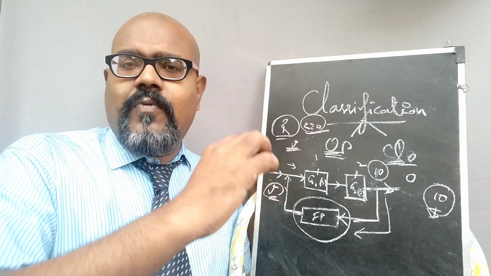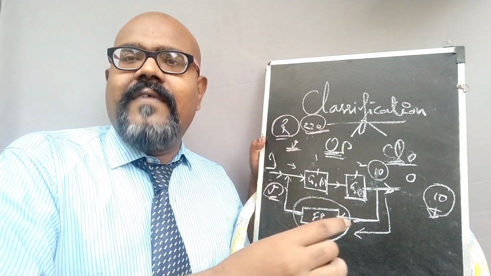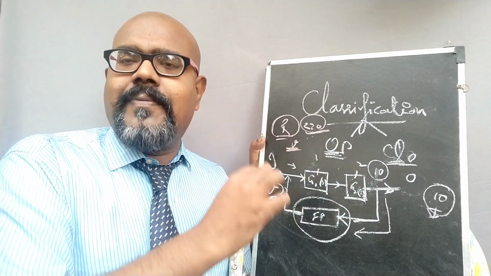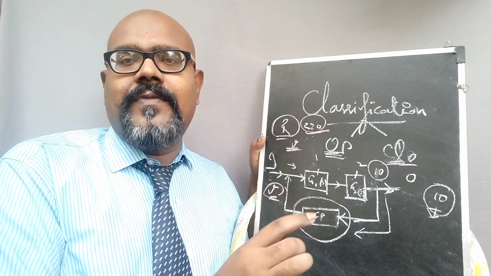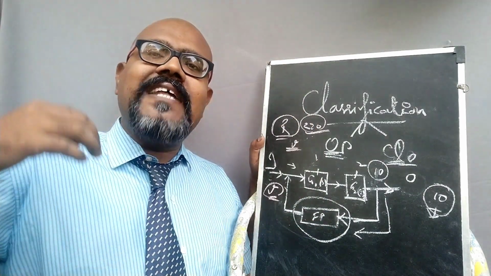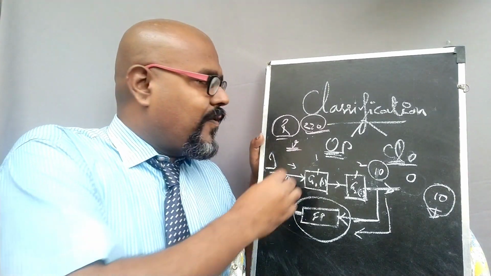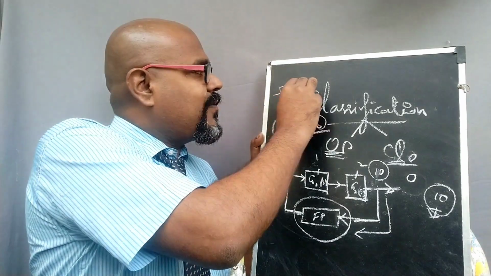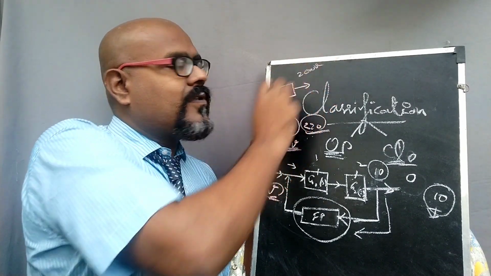Suppose we are connecting the voltage stabilizer to the fridge. The fridge requires some current. We have already decided that the output value of the stabilizer itself should be stable, whatever the input it acquires. For example, if there is any fluctuation in the power, 230 volt, for example, this is the voltage stabilizer. The output should be 200 volt.